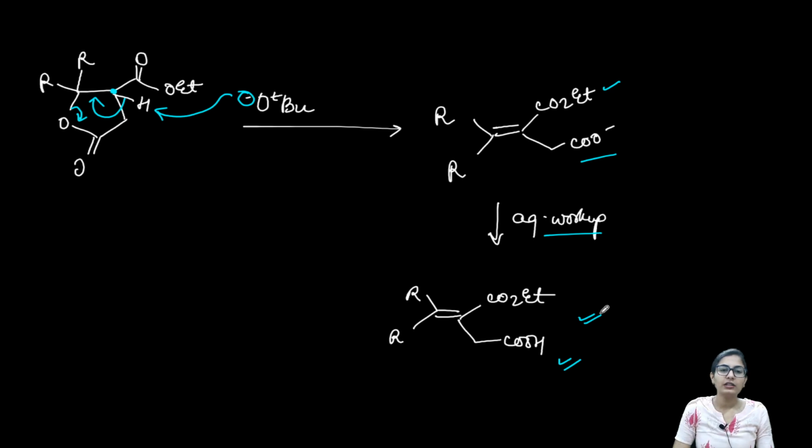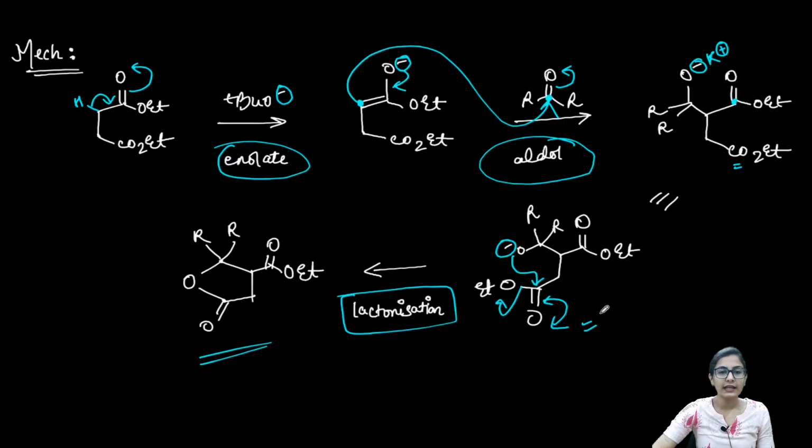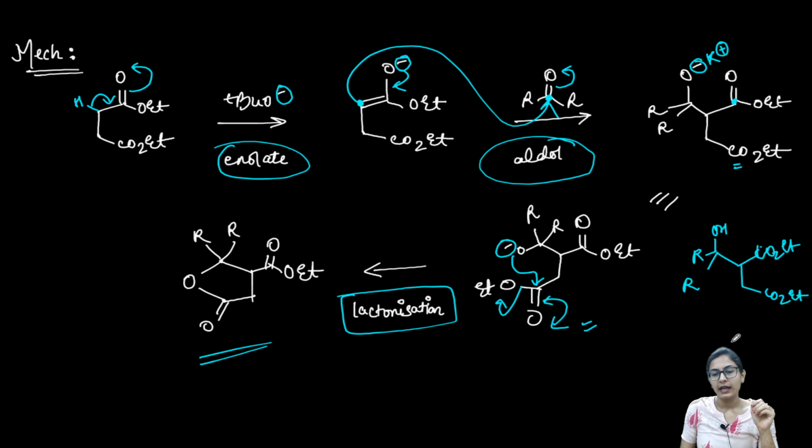Now there is one thing that you might forget again and again. What is the mistake that you might make? That is, you might take this molecule right over here and protonate it directly, which we are actually doing in the aldol condensation reaction. So you might take this group, let's say CO2Et, and here also it's CO2Et, and you are just giving it a proton, doing the acid hydrolysis, and finally you see that there is an acidic proton. So you might directly do this step and get the double bond, right?